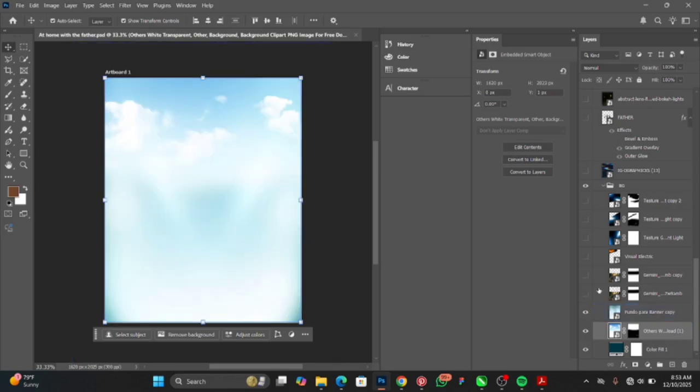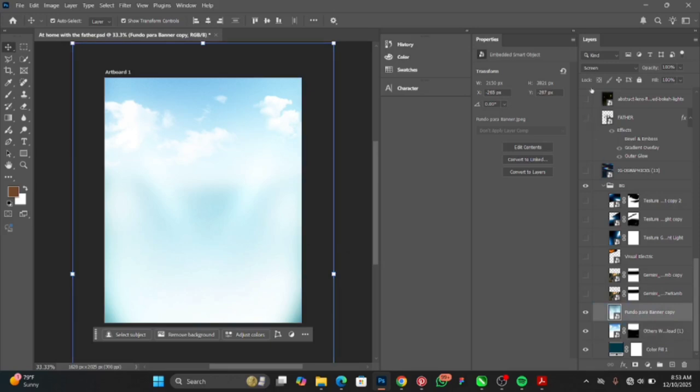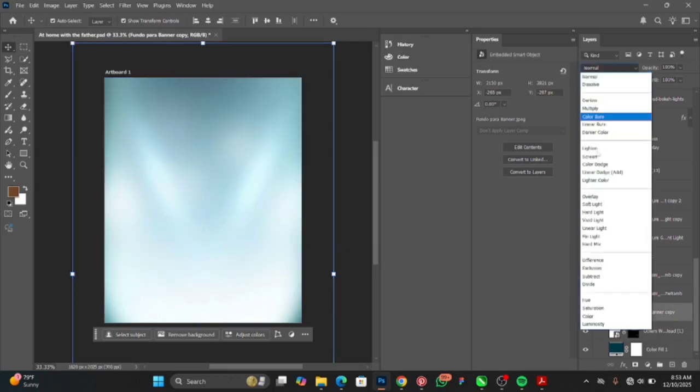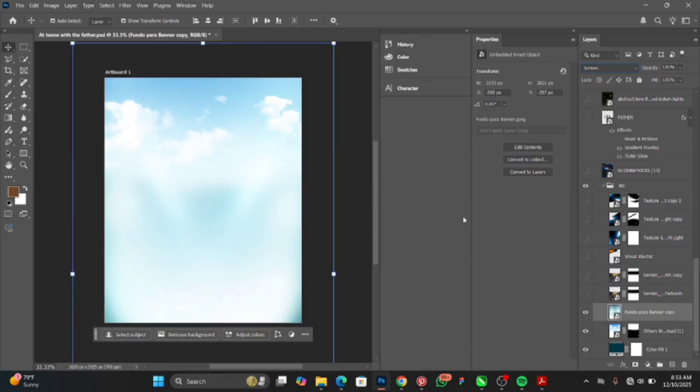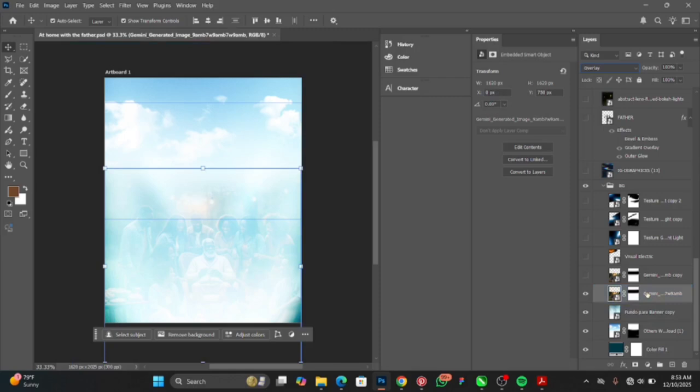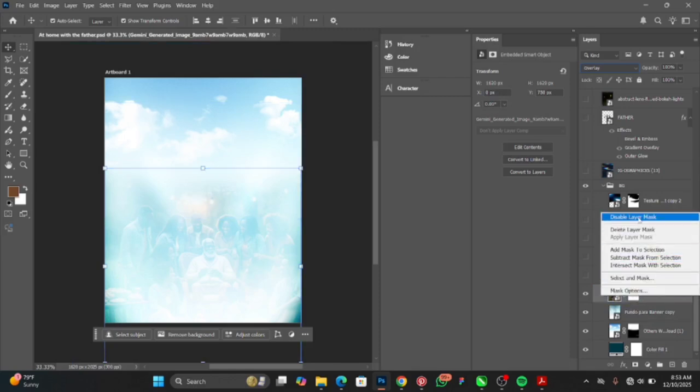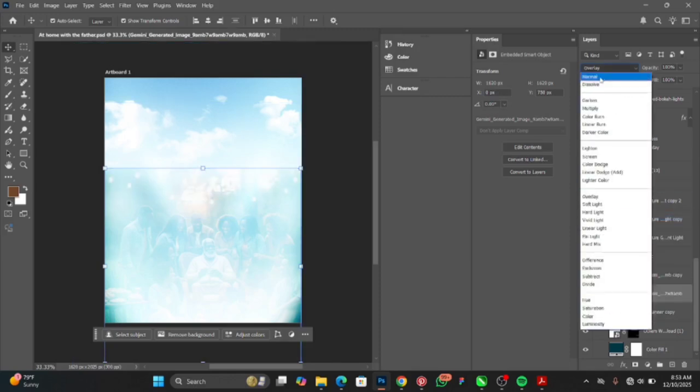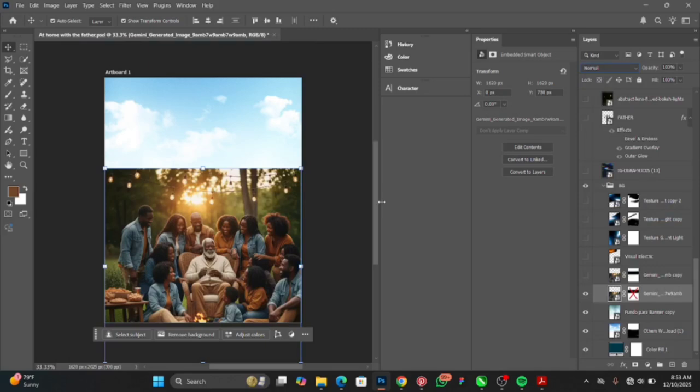Can you see? It was like this initially, but then I added this image. Let me disable this, then make it normal. So this is how this image looks. It is an image I generated from